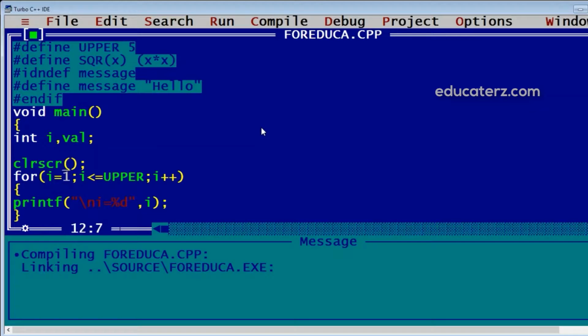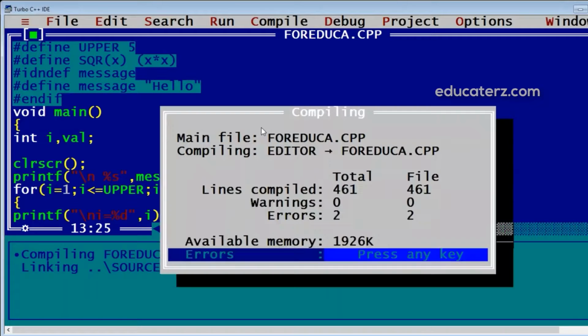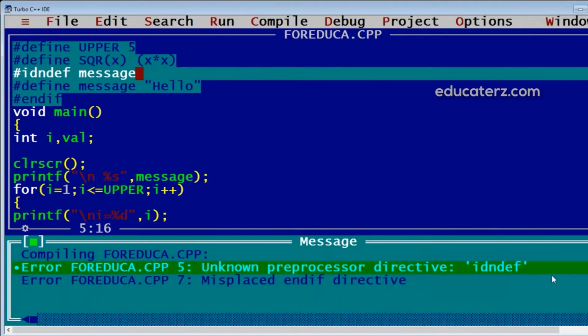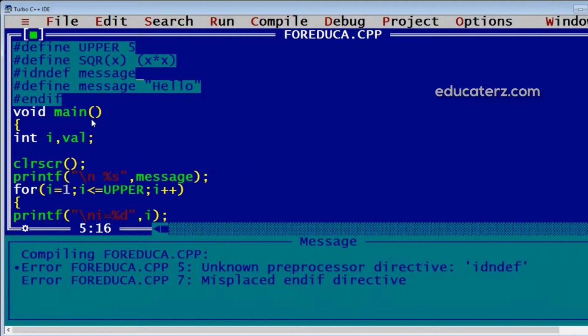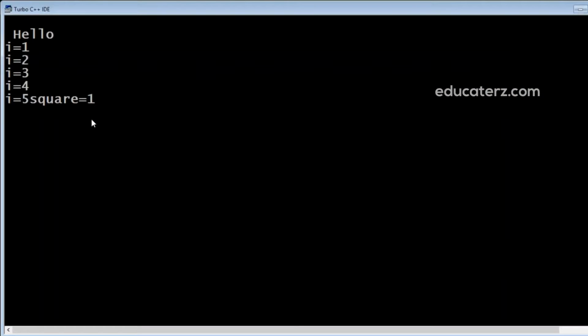Now here in our application we can just call message directly. It will be a string value, so I'll go for %s and we'll display message here. If I execute this, by mistake this "ed" has come, so I have to make it "if", and this way we'll get hello displayed.